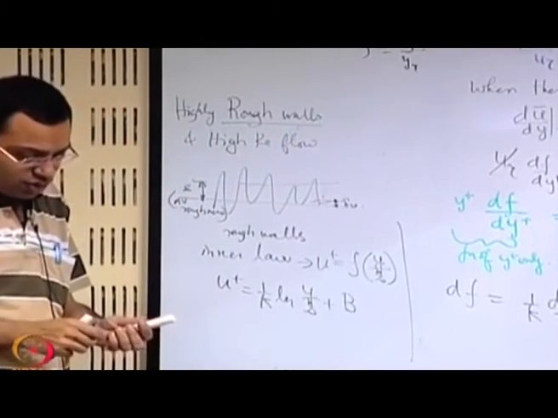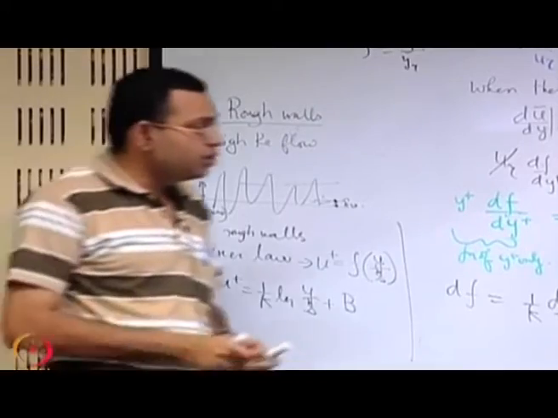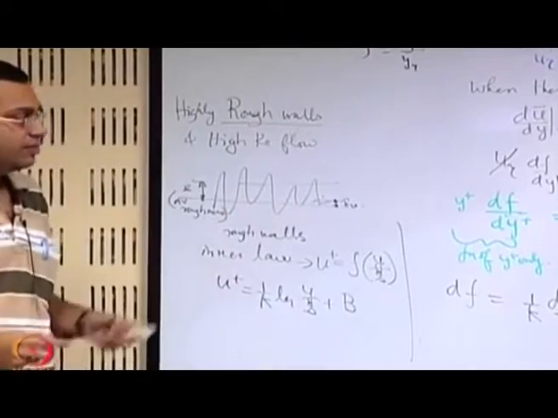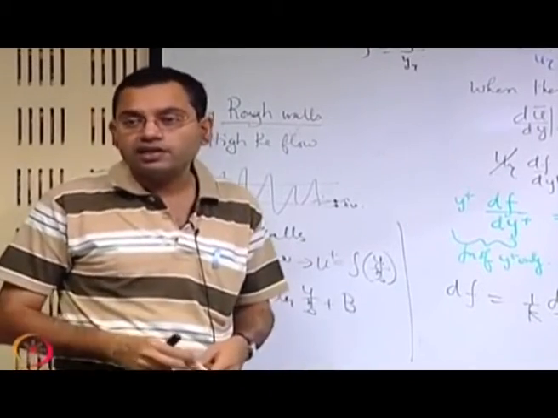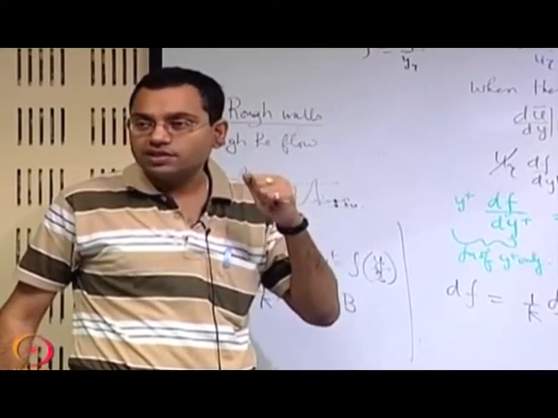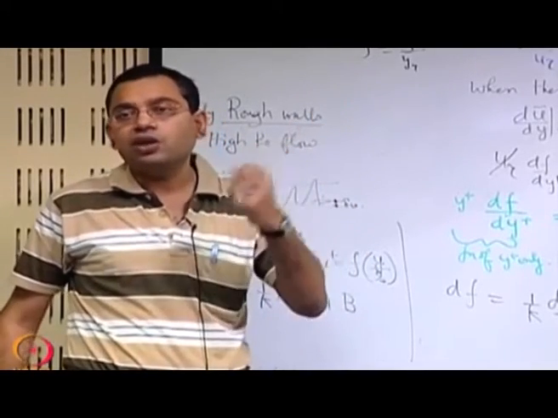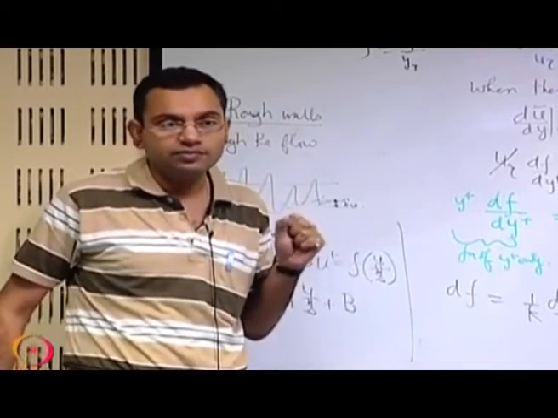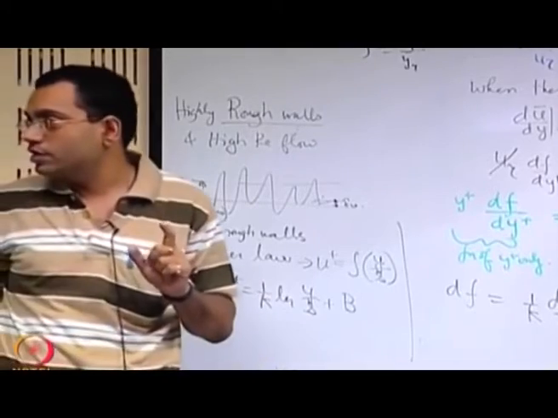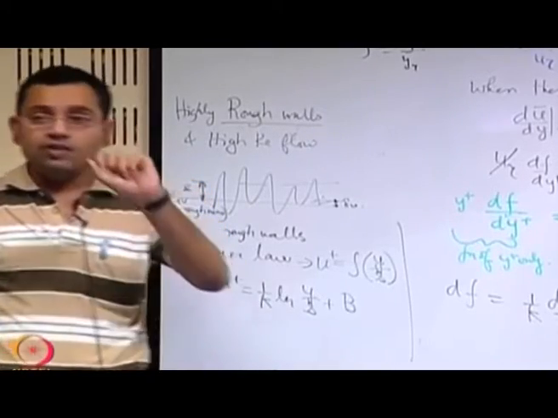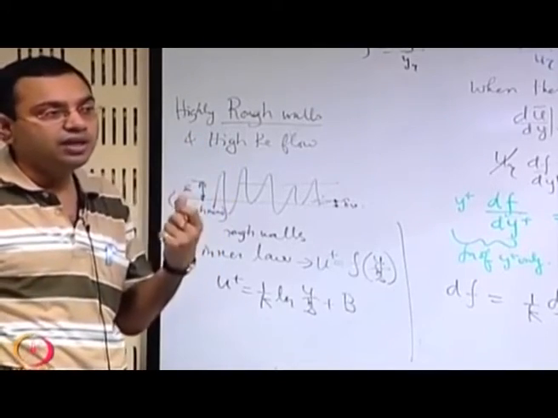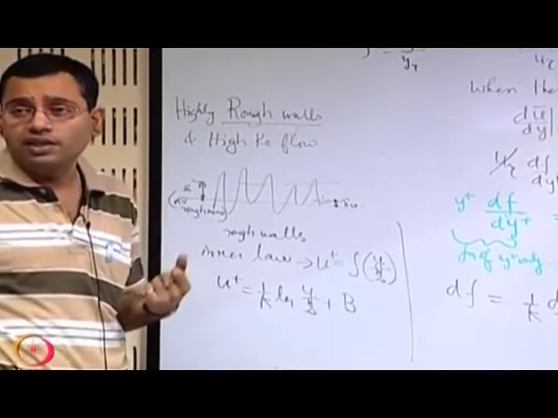Now to end up with the discussion on turbulence, we should also touch upon something which makes turbulence unique. First of all, what are the important characteristics of turbulence that we have understood? Wide range of length scales and time scales, and it is very difficult to capture all those in a modeling strategy. So one has to go for certain statistical description. That is the first thing that we have learned. The second important thing is, even when it is statistically tractable, there are certain non-intuitive pictures that it gives.